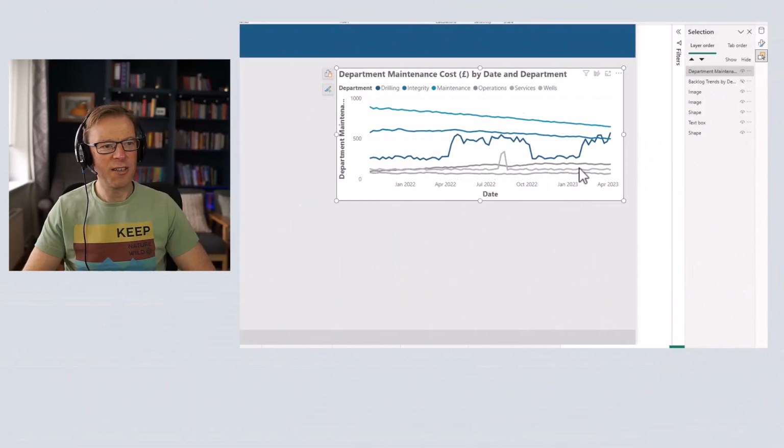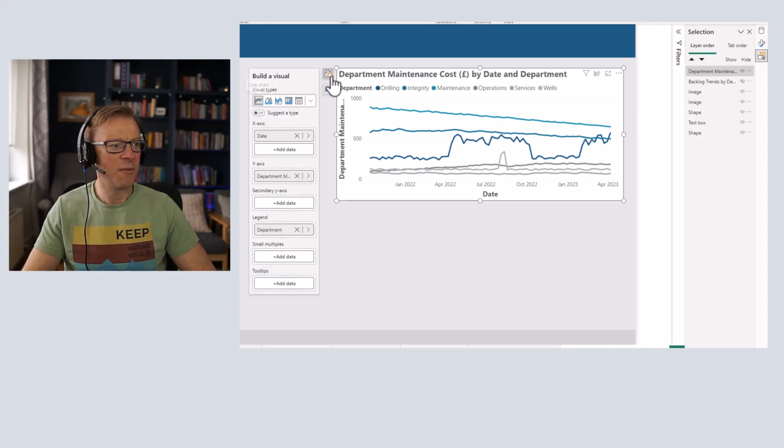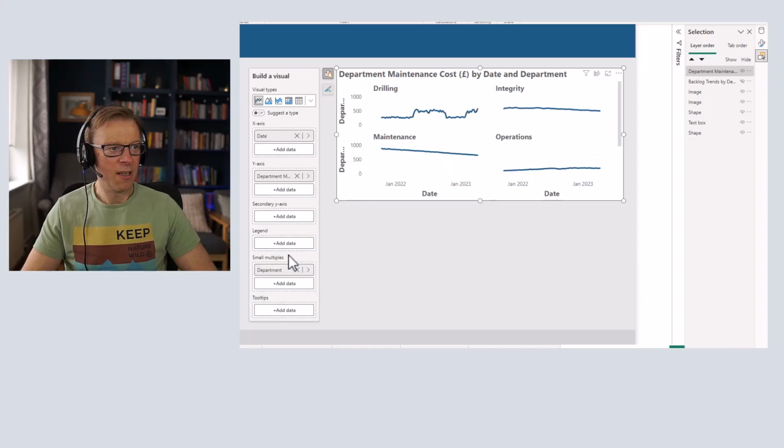Okay, so I've just created a default line chart here with multiple lines as a legend. If I click on here, I'm just getting used to this new interface, which I think is good, but it takes a little bit of time to get used to, where you configure the chart using these buttons here rather than the buttons at the side. So we've got the date, the department maintenance cost, which is the measure that's been trended here, and then a department, which is the legend, and that's what's been split here. What we can do with this is simply drag it into the small multiples,